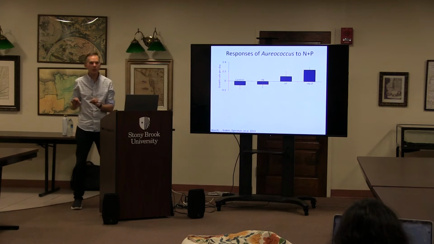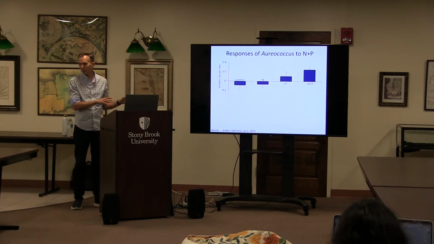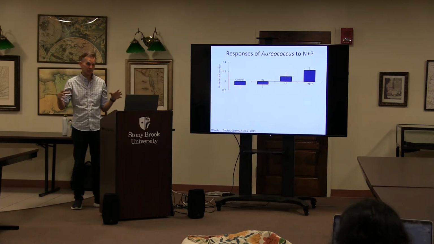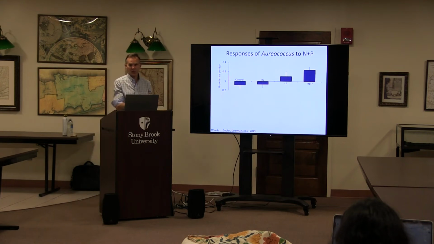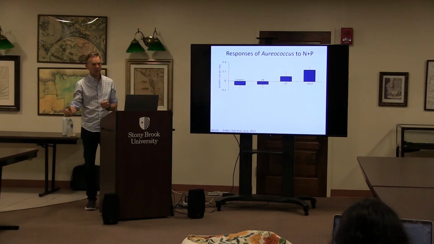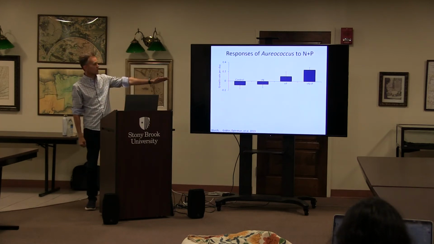And just to step back for a moment, if you want to stop these blooms, how would you do that? One of the approaches would be to limit the amount of nitrogen or the amount of phosphorus going into the estuary. Either approach is very expensive, and the sources of nitrogen and phosphorus are very, very different. Just because you address wastewater, that might address the nitrogen, but it wouldn't necessarily address the phosphorus. So we really need to know this in order to stop these events. So anyway, in this particular experiment,